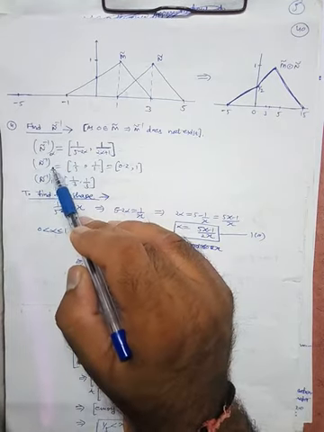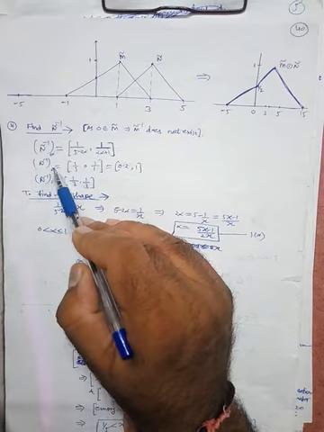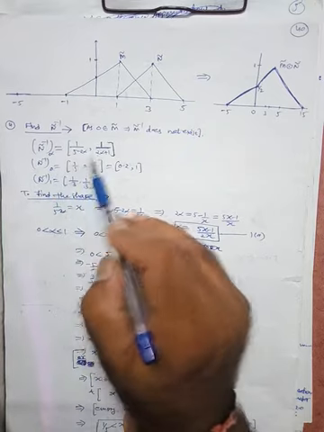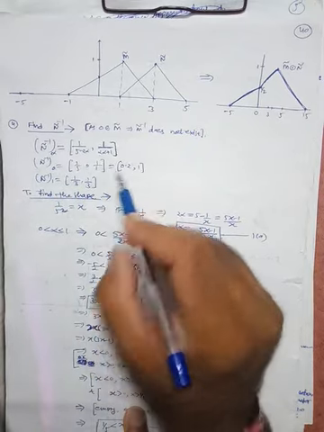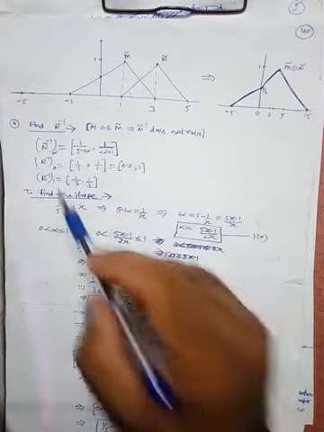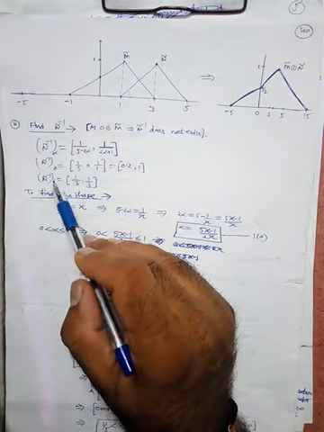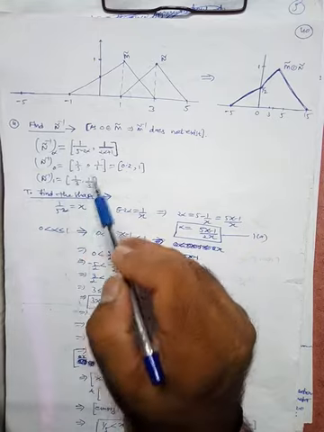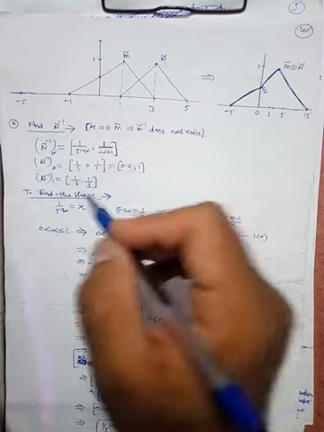Here, to find the support, put alpha equal to 0 in this definition. So we get 1 by 5 and 1, that means 0.2 to 1. This is the support. Similarly find the core. Put alpha equal to 1 here. So we get 1 by 3, 1 by 3. So 1 by 3 is the core point.